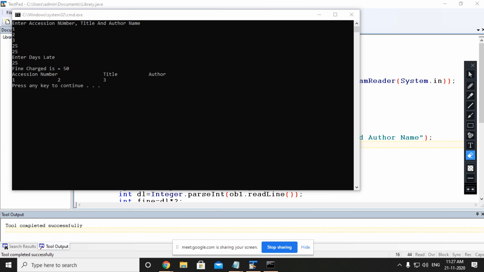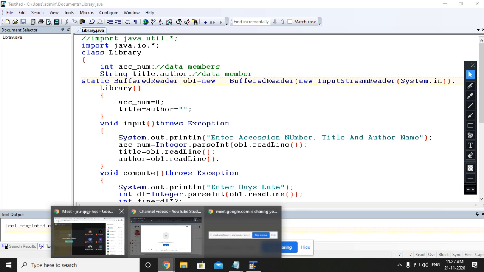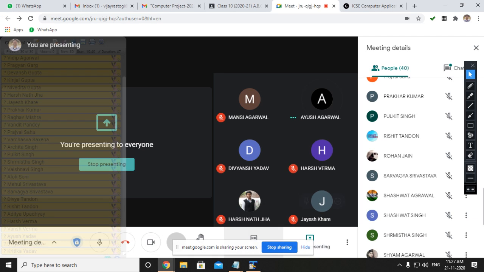Sir, instead of a static BufferedReader, can we also declare a static Scanner? Why not? This is the property of static only, in which, using static, it is accessible without an object. That becomes a static member of the class variable. Is it okay? Okay. Yes. So now,